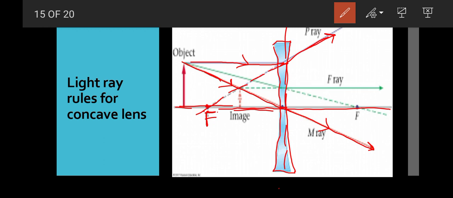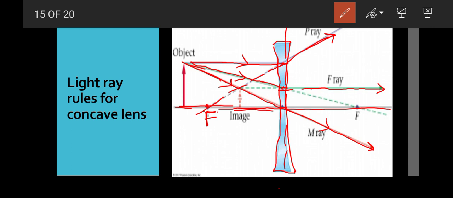Now the third one is somewhat confusing. What was the third rule for the third principal ray? It was that it will pass through the focal point, and after refraction it will become parallel to the principal axis. But how will it do so through the concave lens? Just see that this is the light ray. Here it touches the lens, and after refraction